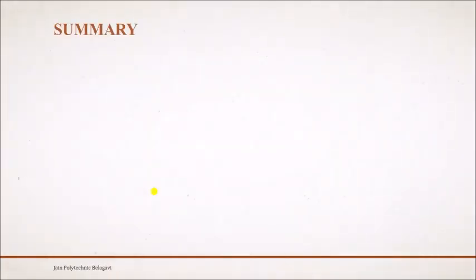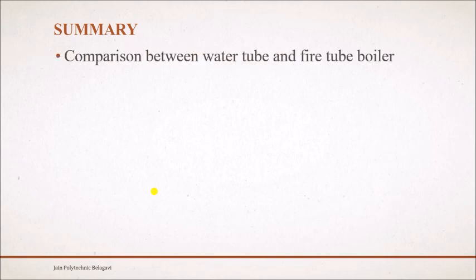So in this video we have covered the boiler mountings. Before that we saw the comparison between water tube and fire tube boilers. The basic difference is that in a water tube boiler, water is circulated through the tubes and is surrounded by hot gases. In a fire tube boiler, the fire or hot gases pass through the tubes and are surrounded by water. Then we went through the various boiler mountings. These mountings are a necessary part of the boiler which help it work in an efficient way. Without these mountings, it would be very difficult to monitor the boiler.